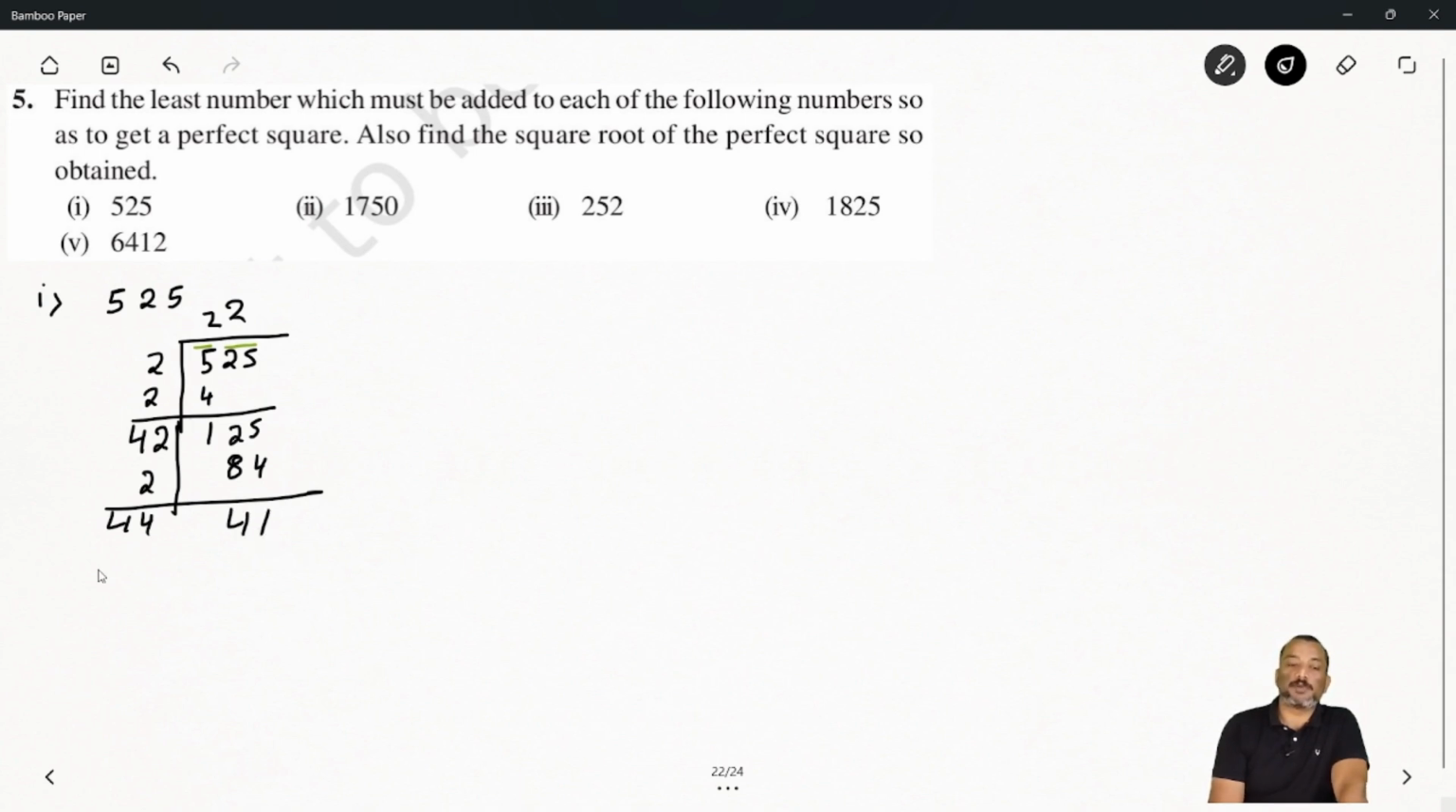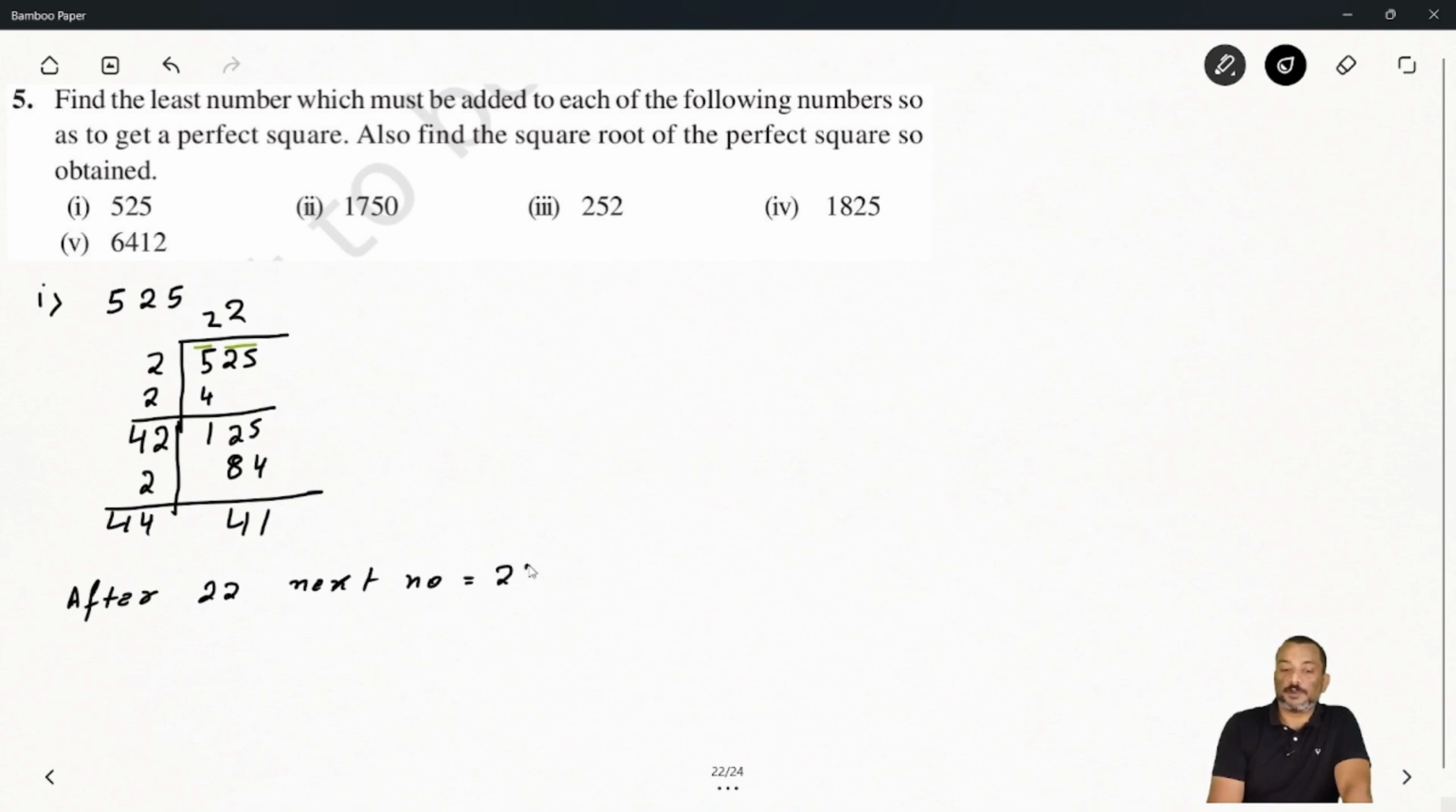Now the remainder you got is 41. Now it is asking which number we will add here. So to get a perfect square, what number do we have to add here? So you have 22. So after 22, what is the next number? After 22, the next number is